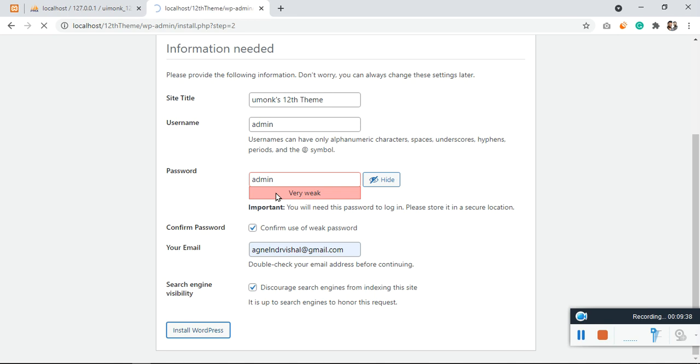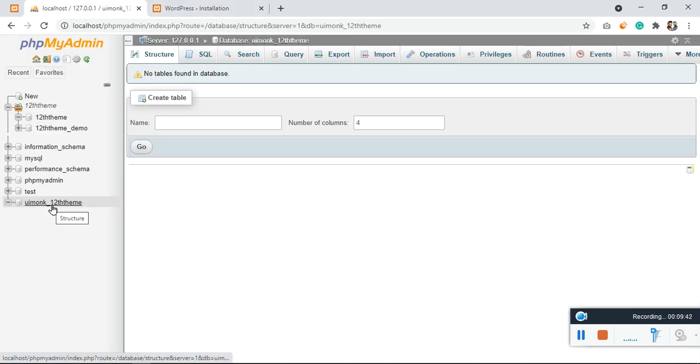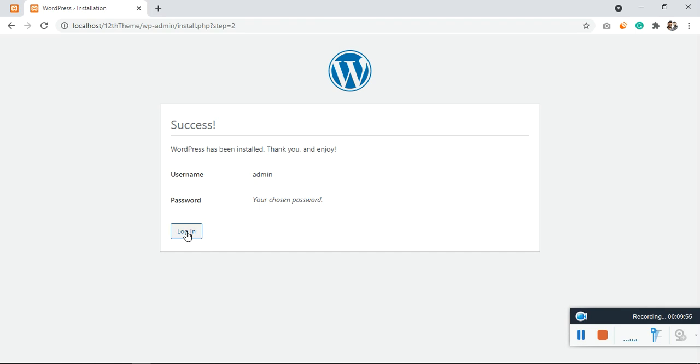So once it is installed, you can see installation is done. If I get into the database, previously it was blank. If I click on the database again, the folder automatically imports all the required SQL tables into this particular database. Now we don't have to worry at all. Just close this, and your installation is done.